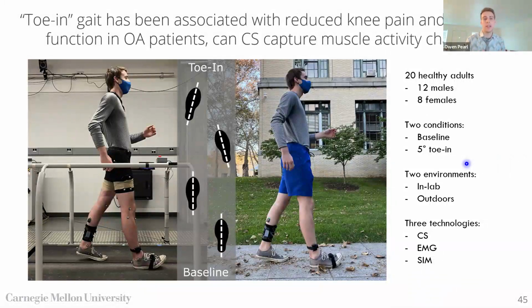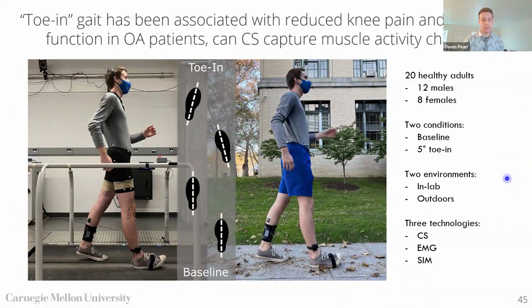And this toe-in gait modification is a learned gait that has been developed to try to reduce knee pain and improve knee function in knee osteoarthritis patients. So the idea here is that if we train individuals to change their gait, both in the lab and outside, can capacitive sensing more sensitively detect changes in muscle behavior because of this gait adaptation than electromyography and simulations of